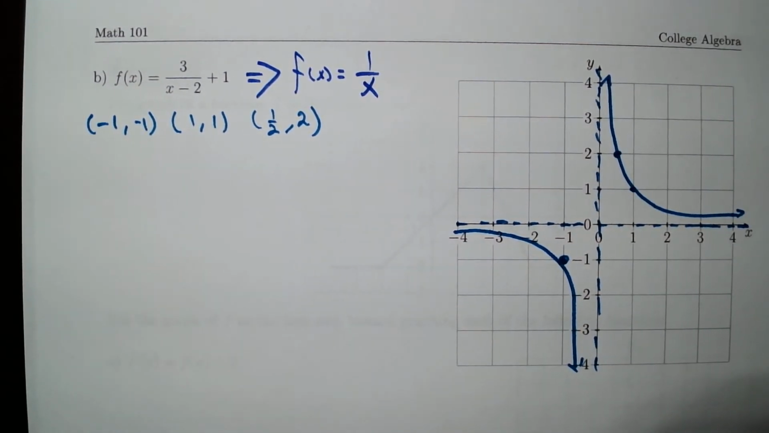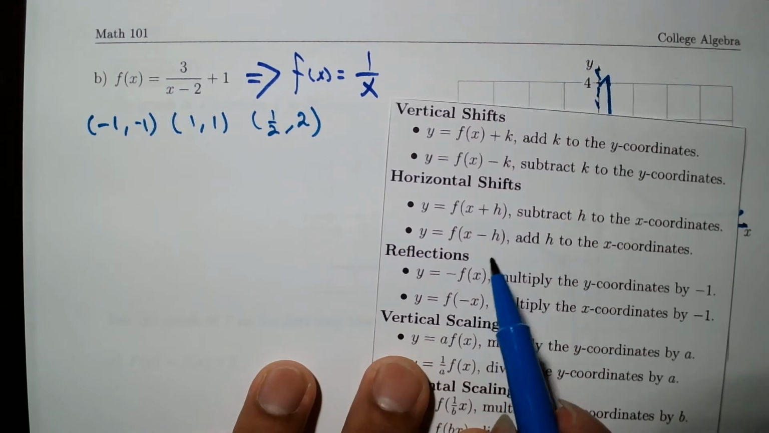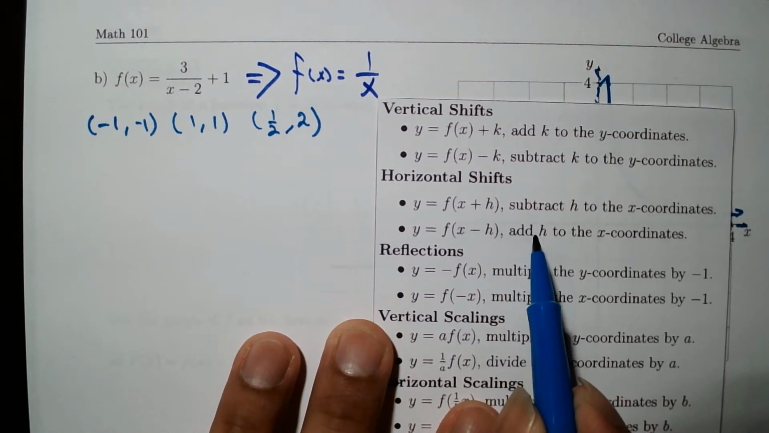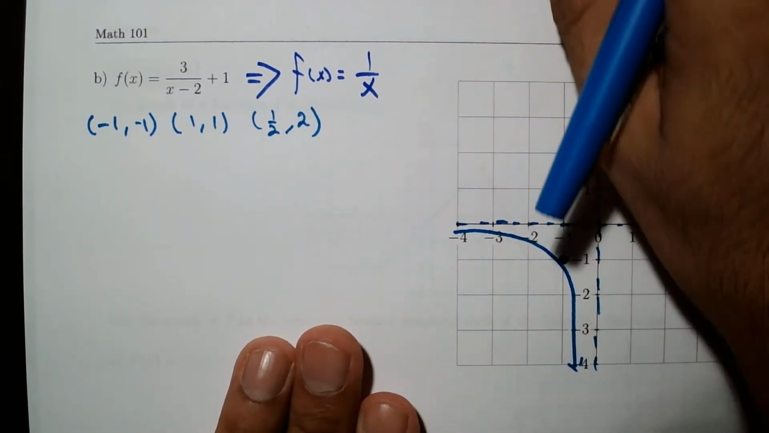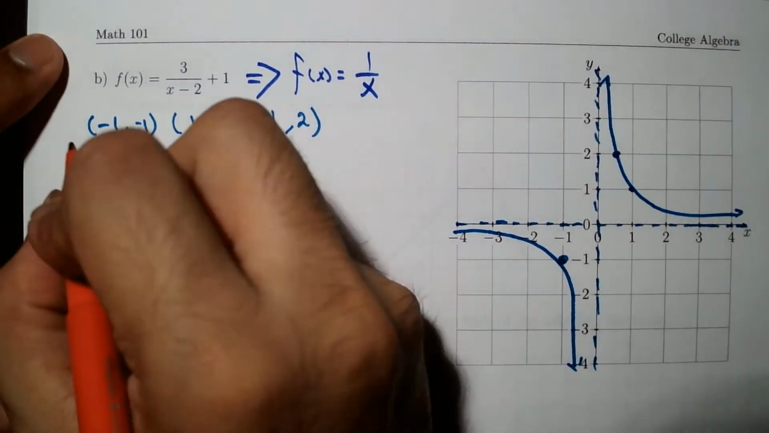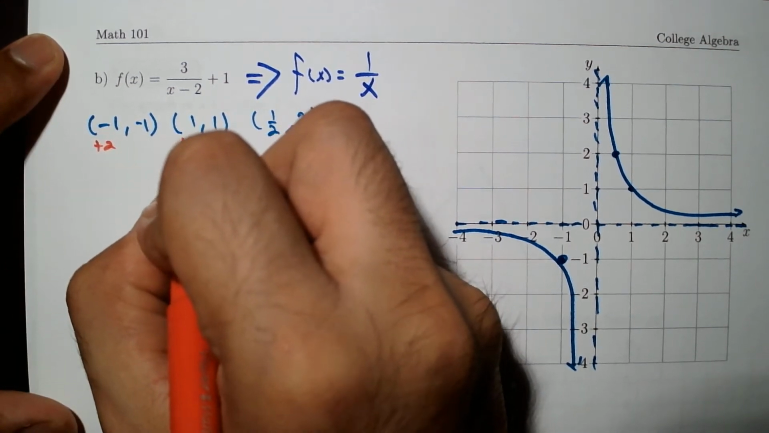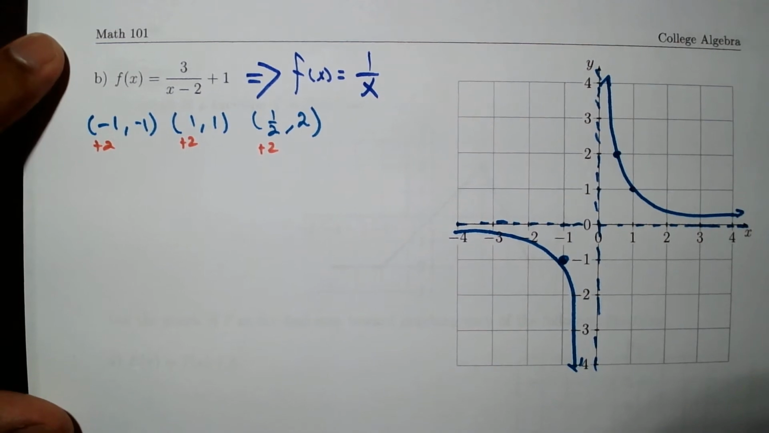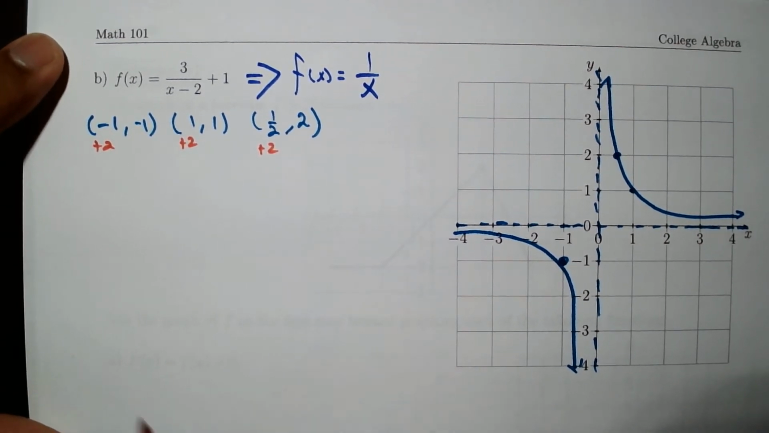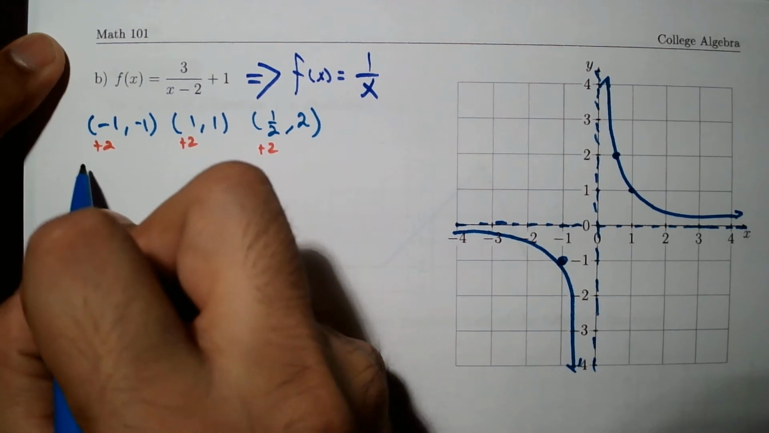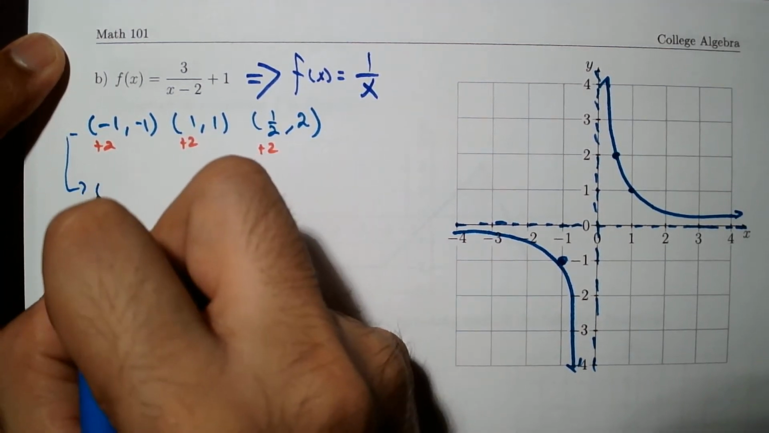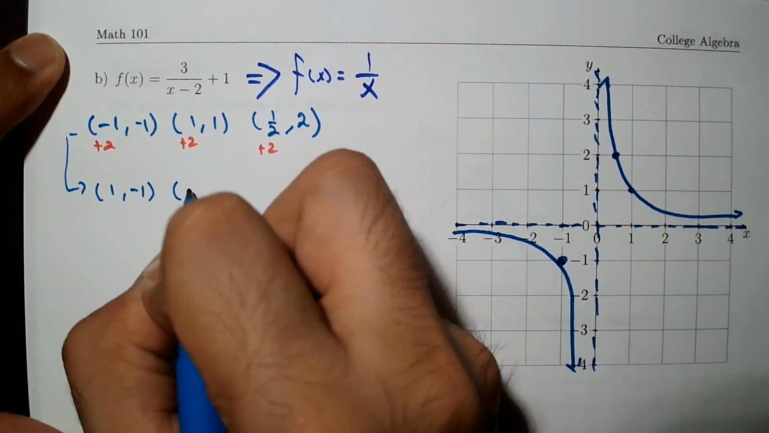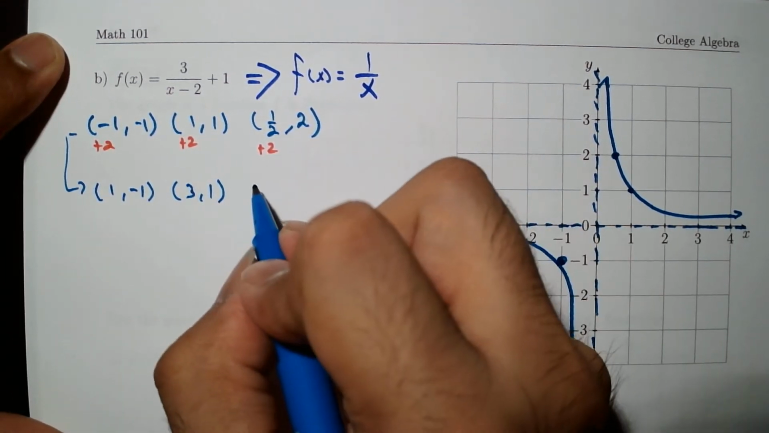Okay, let's look again at the horizontal shift. So to the x coordinates, I'm going to add h. In this case, I'm going to add 2 to the x coordinates. So +2, +2, and +2. So far, so good. Now, 2 minus 1, we are going to obtain 1, comma -1, 3, comma 1, and